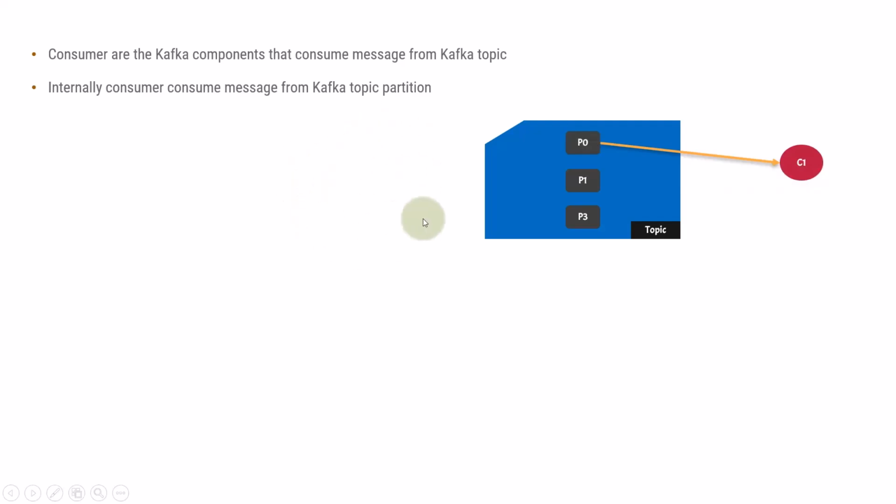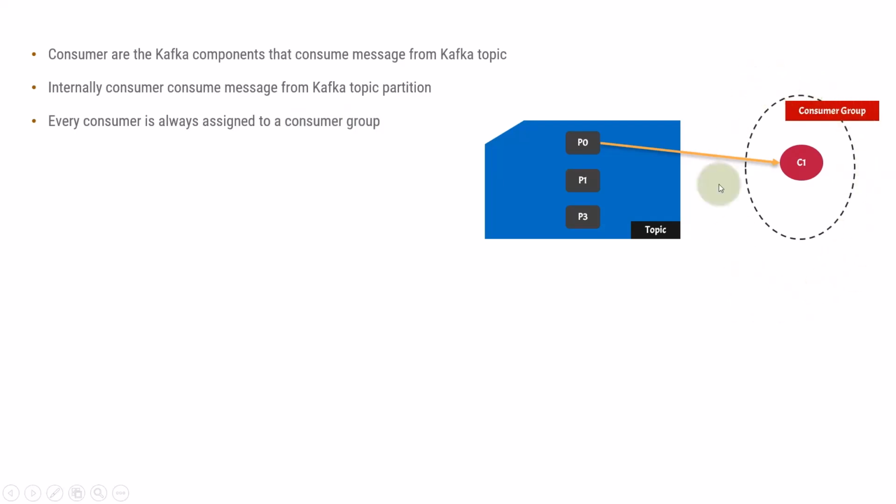There will be a publisher here, and it will publish to the Kafka topic, and the Kafka topic will store those messages inside the topic partitions. These consumers can listen on these Kafka topic partitions, and from there they can consume the messages. Every consumer is always assigned a consumer group. We'll see in subsequent videos what a consumer group is and how important it is in the Kafka ecosystem. But for now, you need to understand that for every consumer, there is a consumer group.